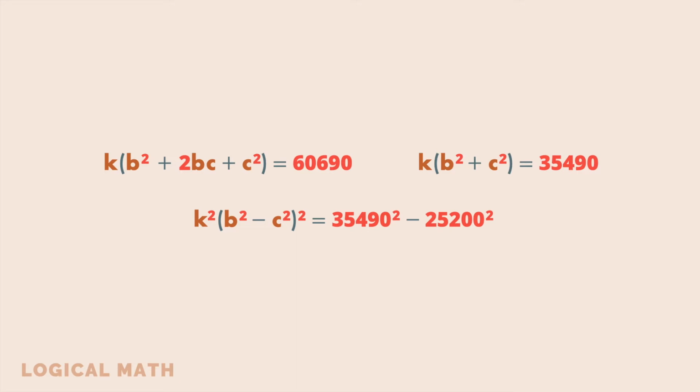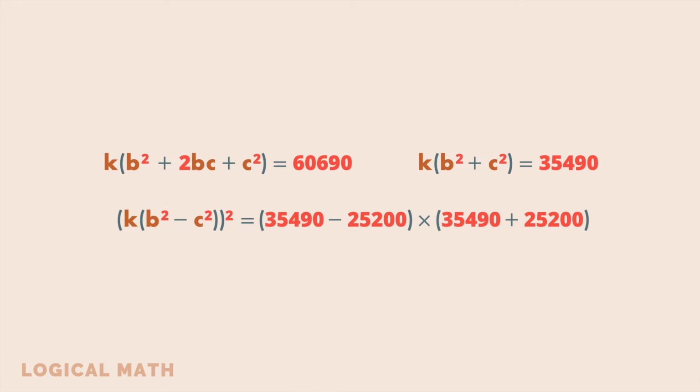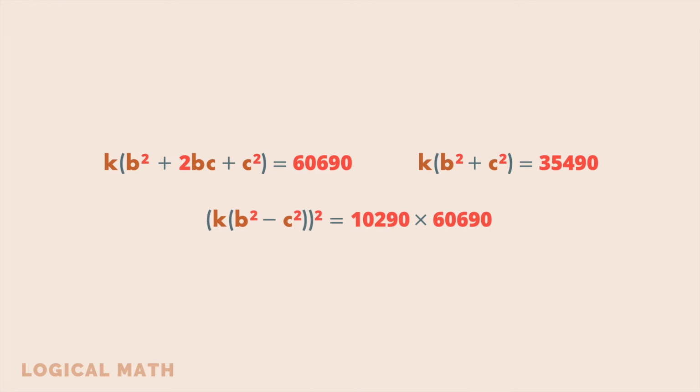As both factors are squared, it can be written in the next form. On the right side, we have the difference of squares. Hence, it is equal to the product of the sum of these numbers and the difference of these numbers. Following these, we get 10,290 times